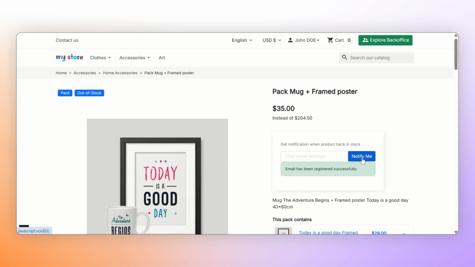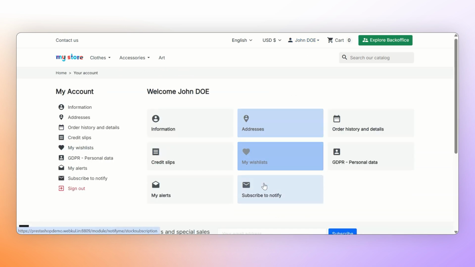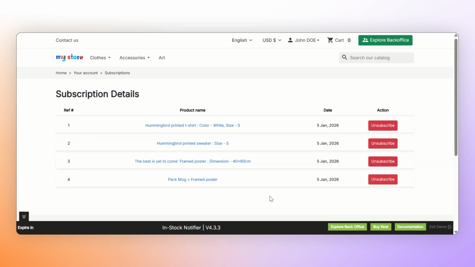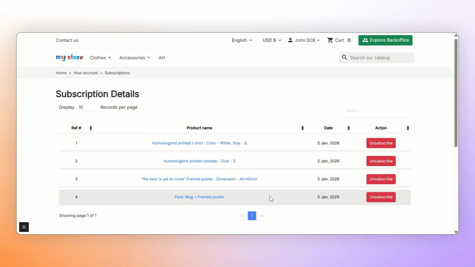Additionally, a logged-in user can check the list of products they have subscribed to. Go to the user profile by clicking on Your Account, where the customer will see a Subscribe to Notify tab. Click on the Subscribe to Notify tab and you will be redirected to the Subscription Details page, where all the